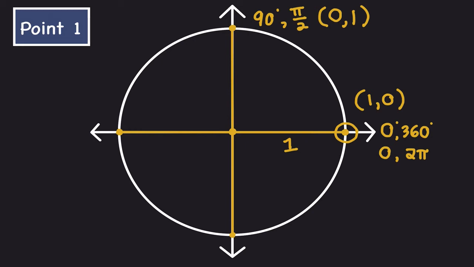I don't have to derive that from scratch. I can do it based on that first point. I have that 1 comma 0 at 0 degrees. Let's continue on. Let's go another 90 degrees. That brings us to